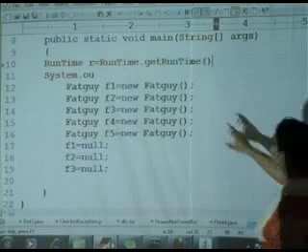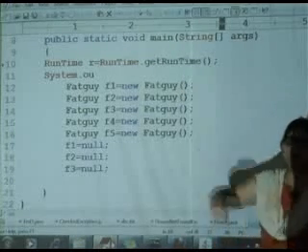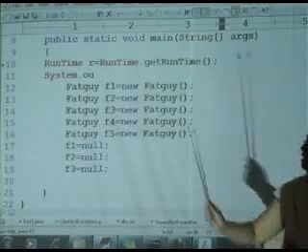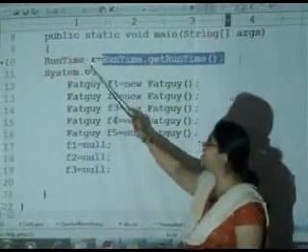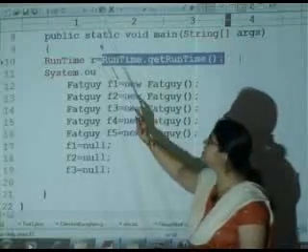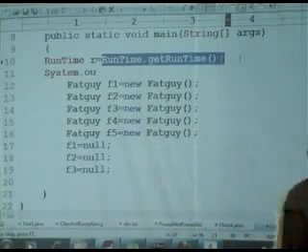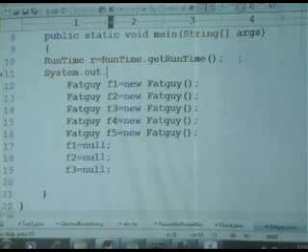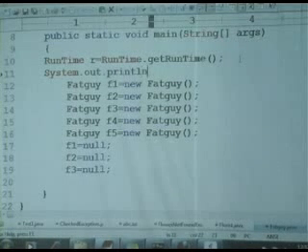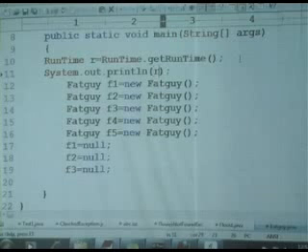getRuntime is a static method which can be called with the help of the name of the class, and I am saying getRuntime, which means it's going to give me a Runtime instance. Now on this instance I am going to say get me free memory. So System.out.println(r.freeMemory()).